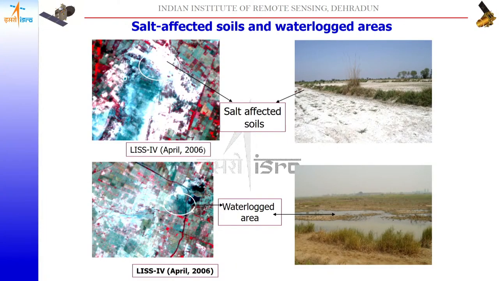Another type of land degradation is salt affected soils, or chemical degradation. In India, in the semi-arid and arid regions, because of intensive irrigation, a lot of salts which were in the subsurface soils have come to the surface by evapotranspiration, because in arid and semi-arid regions